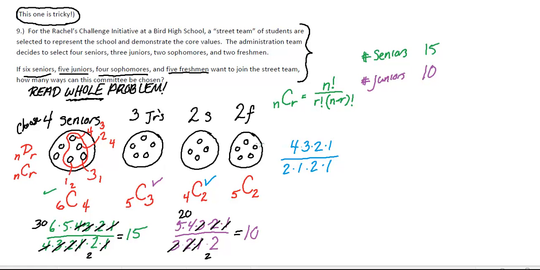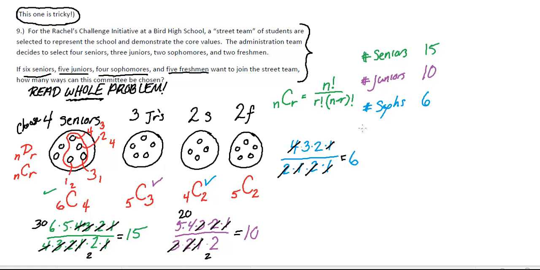Okay, so now I'm going to start canceling things out. Well, what I could actually even do is just boom, boom. 2 times 2 is 4, so I can cancel that out. So now obviously, the 1s go away as well. So now I've just got 3 times 2. That's going to end up being 6. So there's 6